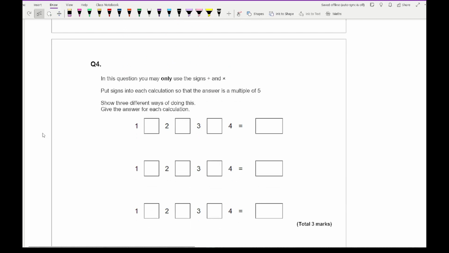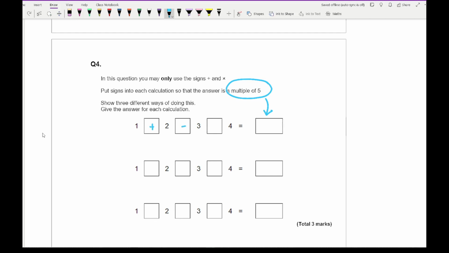Moving on to question 4. So again, it says in this question you may only use the plus and the times symbols, and it says put signs in each calculation so that the answer is a multiple of 5. So again, really important that we understand that here the answers have got to be multiples of 5. So it's got to either end in a 5 or end in a 0. So from this, what we're then going to do is, again, so I could do 1 plus